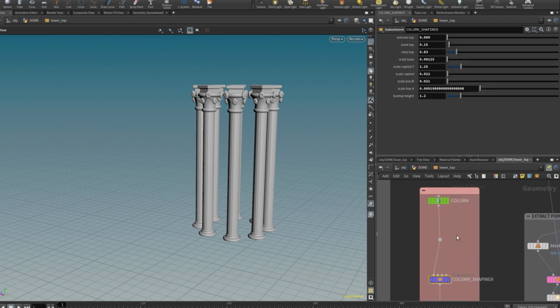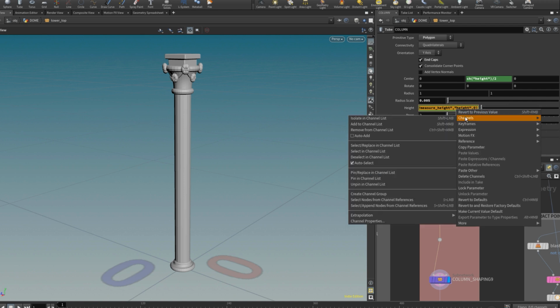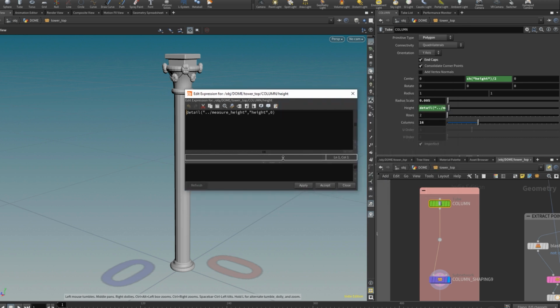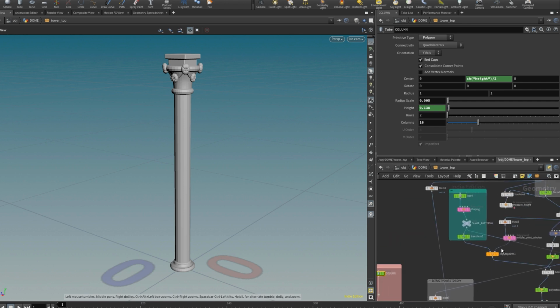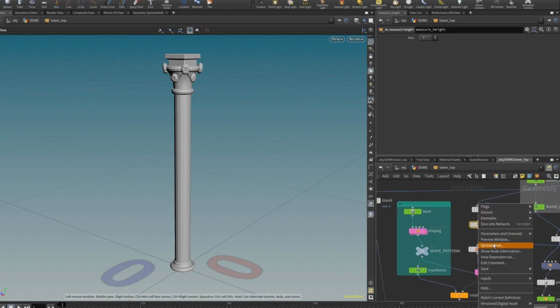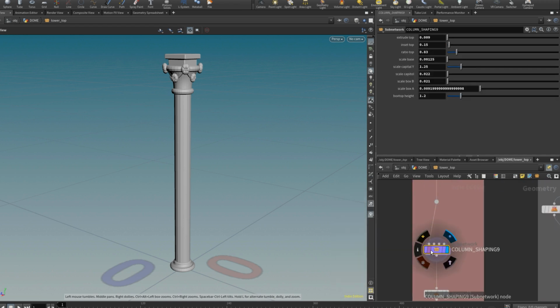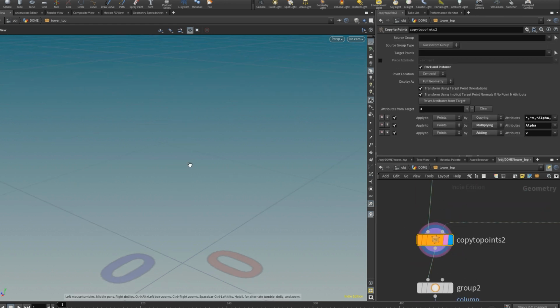We're going to see in a bit how that works. It's a very simple setup where basically I'm turning a column into a more detailed element like that. And the height is basically referenced in there. So I'm using a detail expression to grab the attribute from the measure height that we created earlier. And yeah, now as you can see, it's saying it's got a height of 0.13, just like what we had in here. So pretty handy.